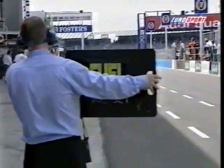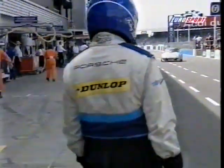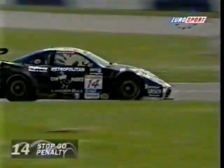In comes Jürgen von Gartzen for his scheduled stop. So now we're seeing the electronic scoreboard settle down a bit and put everybody back where they came from. Franz Conrad with his back to us, waiting for his middle stint. And here's the race leader. This is the number 14 Lister after its pit stop with Jamie Campbell-Walter at the wheel, but we've just been